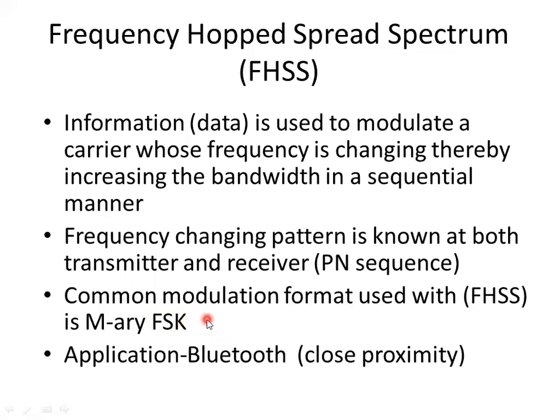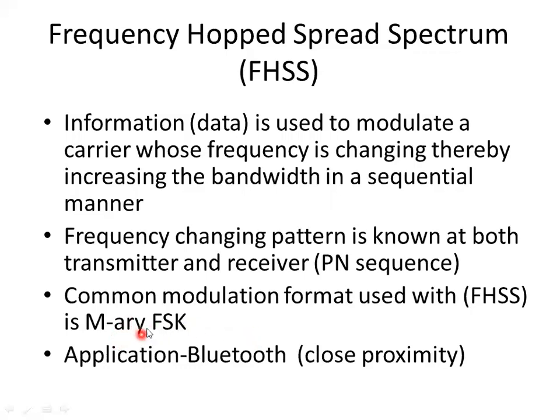And as I said already, we'll discuss this frequency hop spread spectrum with the help of M-ary FSK. What is M-ary FSK? We have studied binary FSK. What is binary? Binary means only two symbols, symbol 0 and symbol 1. If symbol 0 is represented using a carrier without phase shift, symbol 1 will be represented using a carrier with a 180-degree phase shift. That means only two possible phases for the sinusoidal carrier, either 0 degree or 180 degrees or pi radians. That means only two symbols.